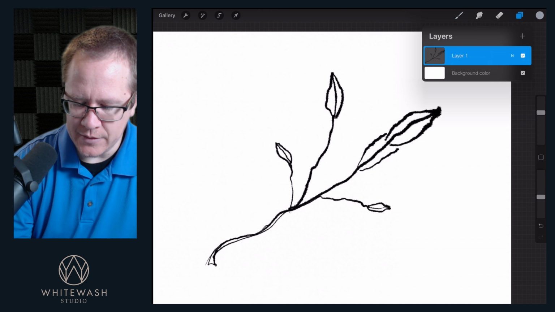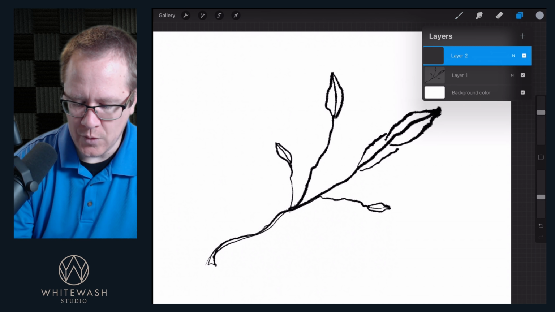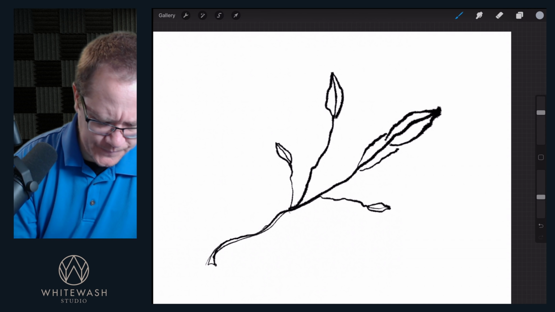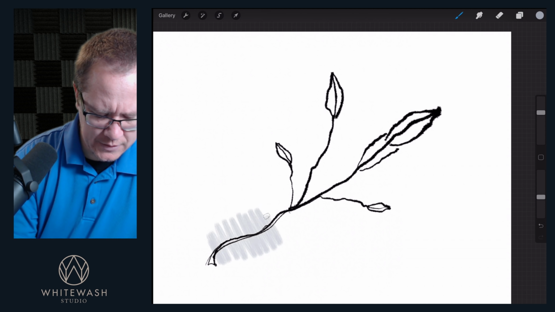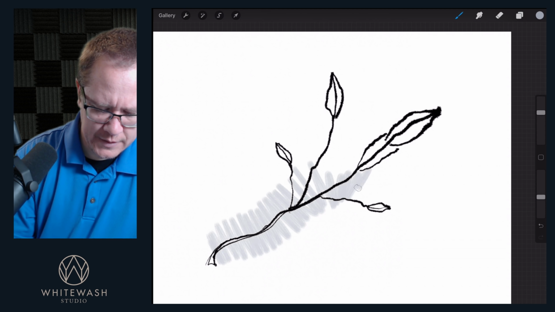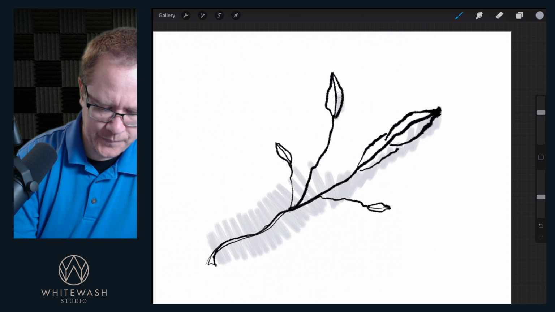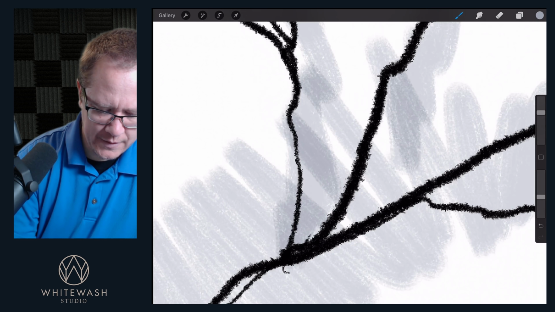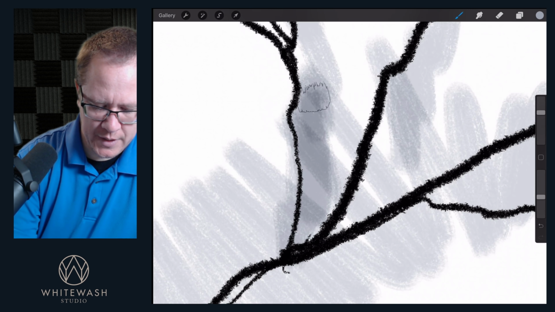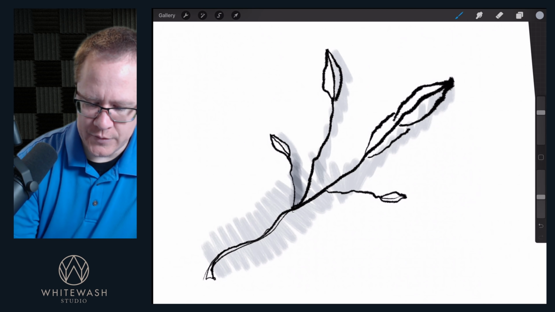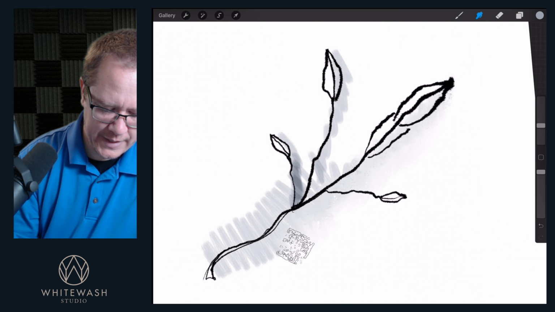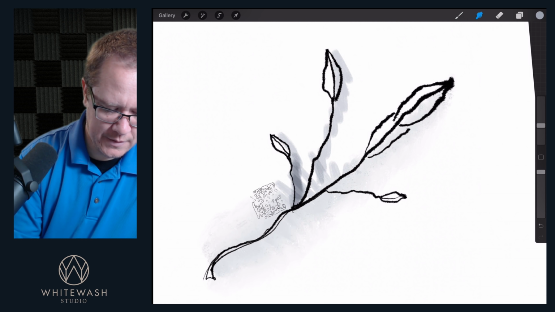If you were to create a new layer and drop it down below this layer, then you can use this marker and actually draw behind the layer, and you can see it really starts to work like a real marker. The more layers you put on, it's kind of like a transparent feel to it. Then use this finger brush, and you can really smear all that out and make it have an